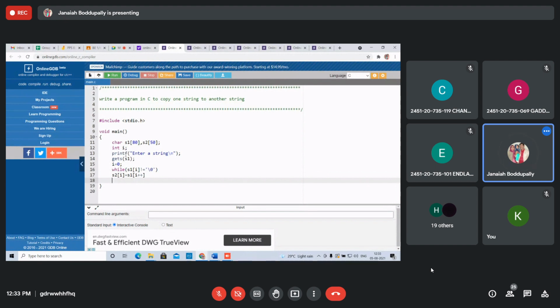Semicolon. While s1 of I not equals to null character, you copy the s1 into s2. That's it. s2 of I.